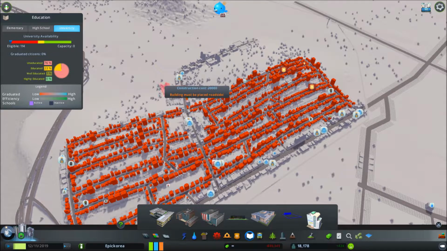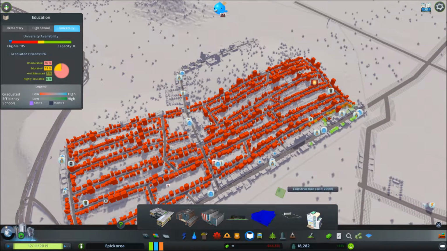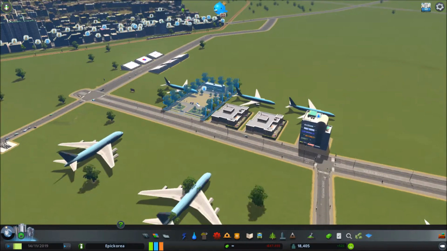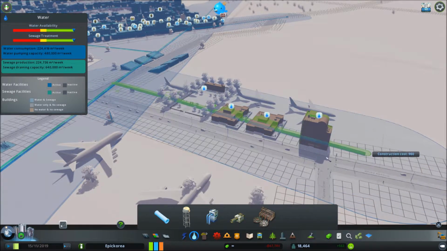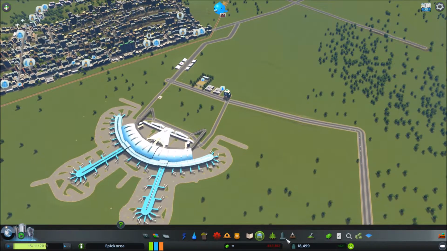Slope too steep. Come on, bruh. Slope too steep. Come on, bruh. Let me build my... What is this school? Oh, I built it on an airplane. I mean, I did build this with the airport, so... Listen. It's not one of the best...